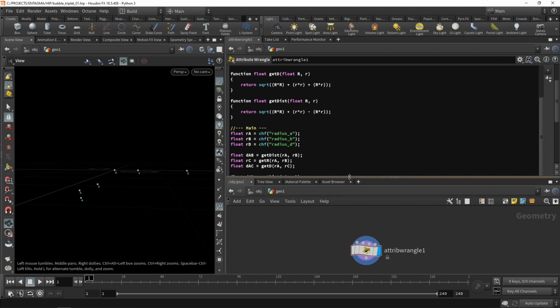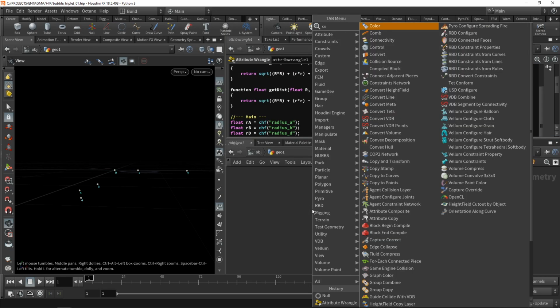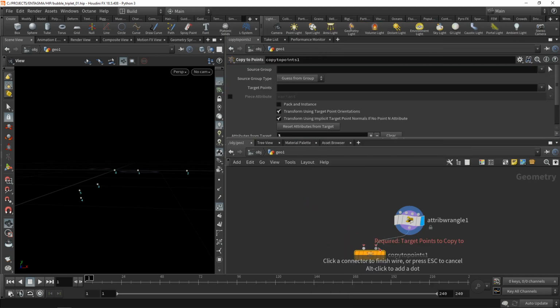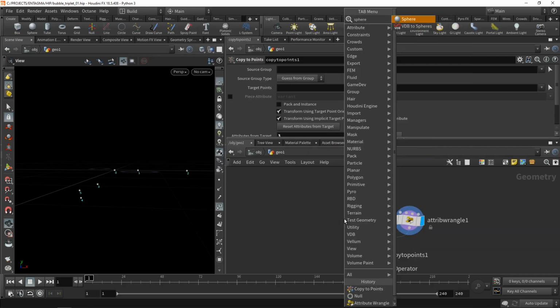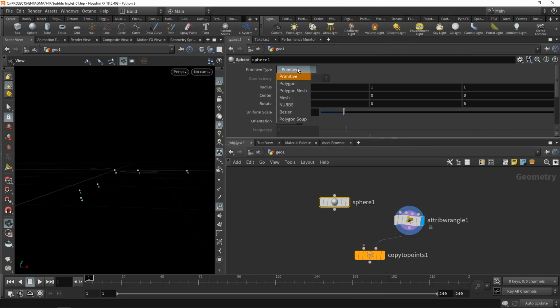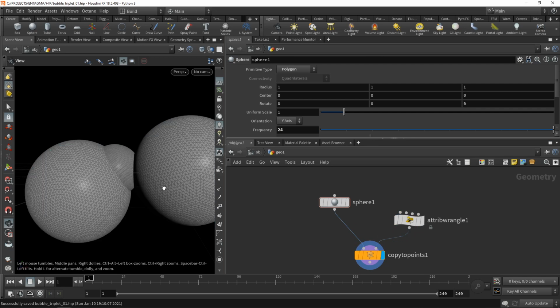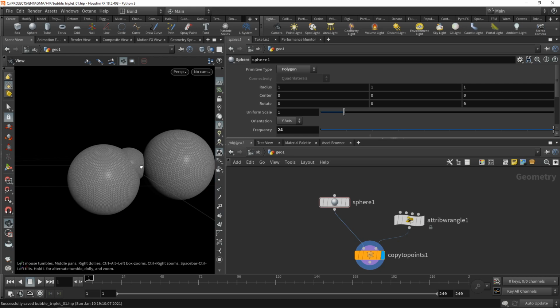Right, have a look at the scene. All those points are here. Let's just use the copy to points. Points go in this slot here, and drop down a sphere to instance those spheres and set their primitive type to be a polygon and increase their frequency a bit. Before we do that, let's just for good measure save this, wire this in and highlight it. And let's disable our numbers here. And that does not seem right,